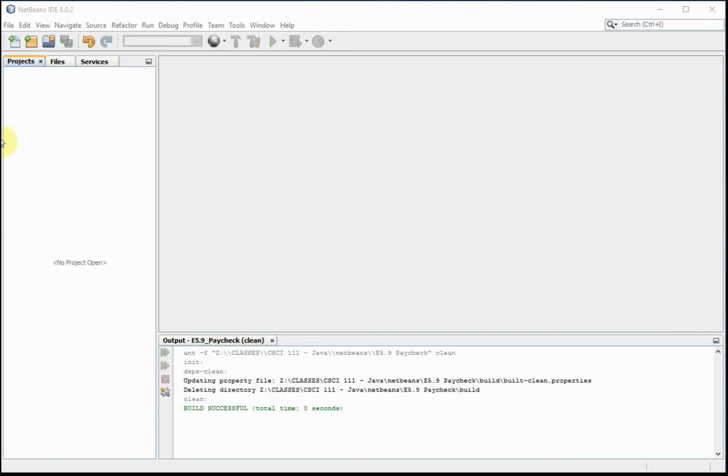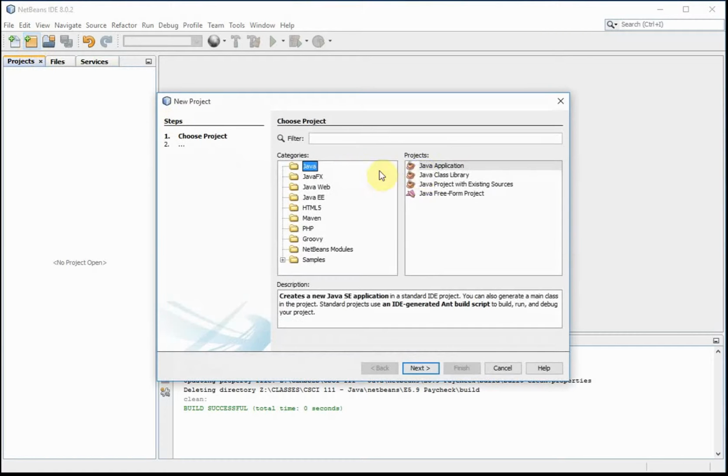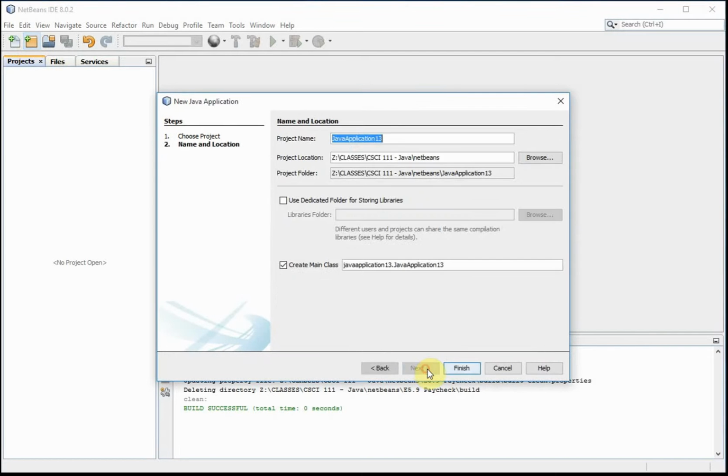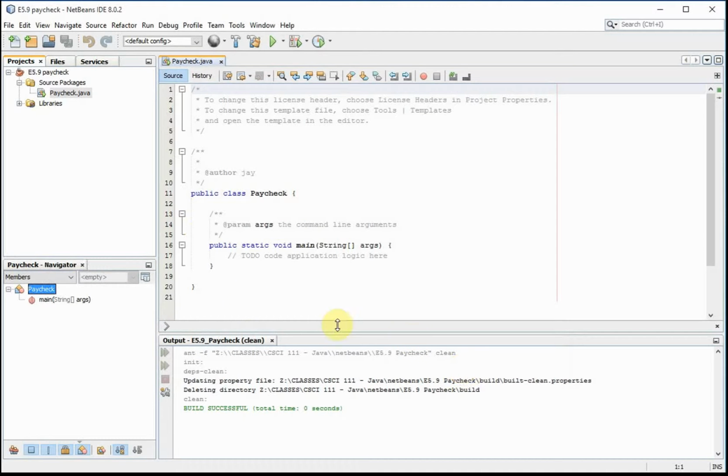So we first need to create our project. I'm going to name this E 5.9 Paycheck, but that really messes up the Java names down here. I'm just going to make a plain paycheck there and say finish. Everything looks good. Okay, so now we need to get our inputs,